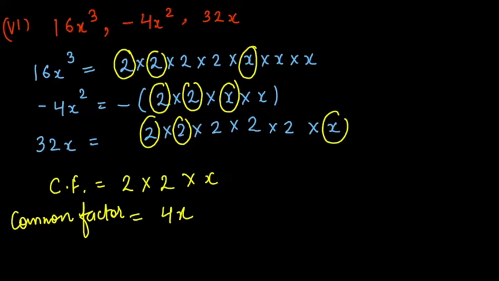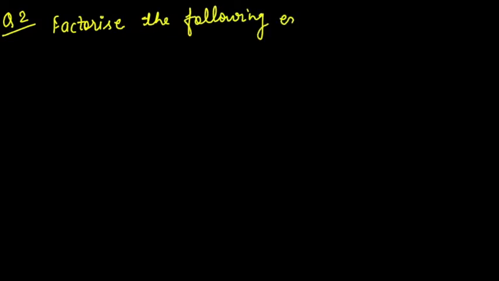I am moving to the question number 2 of the exercise. Question number 2. You have to factorize the following expression. Question number 2 is again, in question 1 we have calculated the common factors. Now you have to factorize the following expressions. Okay, so first part is 7x minus 42. So you have a binomial here. What is common here? We have just learned in first part how to find the common factors.